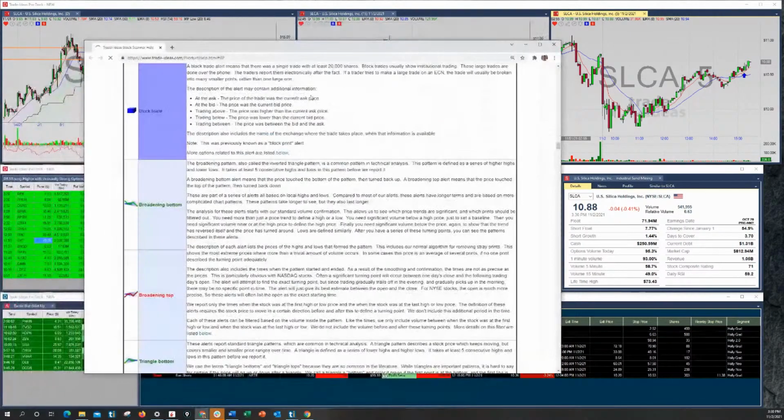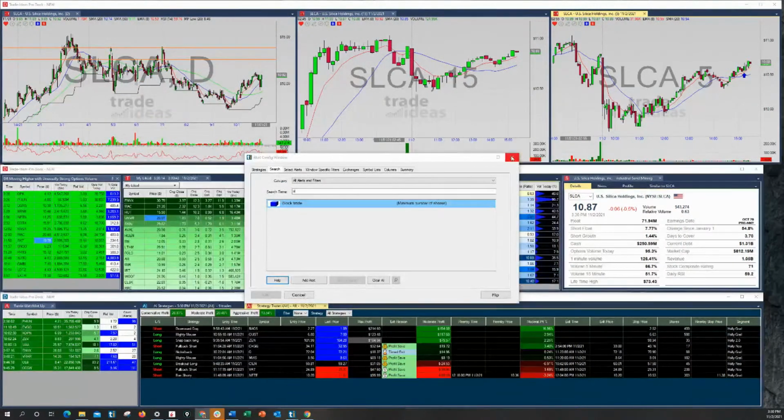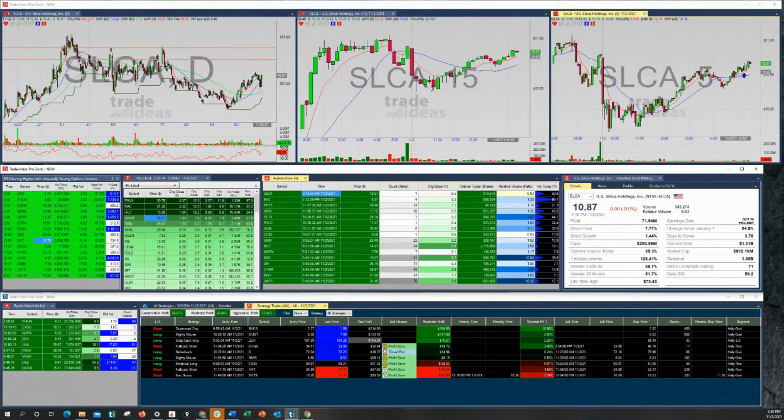So, we look at this here. This gives us the definition of what it is. If you got a question, I'll answer to the best of my abilities, of course, but it's just not something I'm looking for when I'm trading. I don't mind things that don't have much volume. I don't need a lot of volume, or what I consider to be a lot of volume. It's a subjective question, if you will. But if you got a specific question about it or something you're looking to build into it, let me know and see what we can come up with for you here.